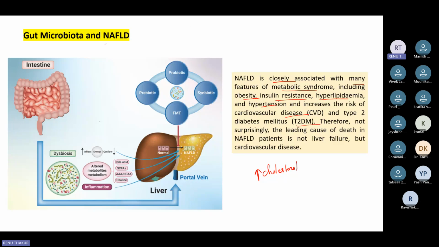Now if you are having NAFLD, whenever you are complaining about liver issues or liver disease, your doctor will always check all these parameters. He or she will not just check your liver profile test. No, he will ask you to do the cholesterol profile, lipid profile test, and your BP will also be checked. Your CVD markers will be checked, and also your blood sugar level, glycosylated hemoglobin will be checked. So all these parameters are interlinked. You cannot say that I have only liver disease because all these secondary complications are associated with type 2 diabetes.